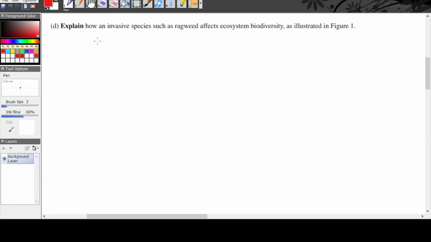Part D of question 5. Explain how an invasive species such as ragweed affects ecosystem biodiversity as illustrated in figure 1. So, invasive species tend to have no predators, which means that they would be able to survive without any fear of predators. And invasive species, once they have established themselves in the ecosystem, would use up all of the resources,